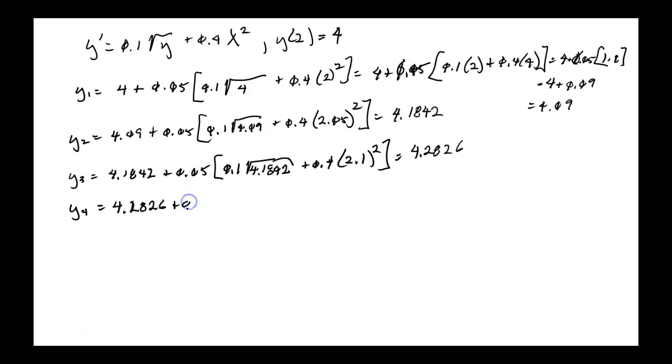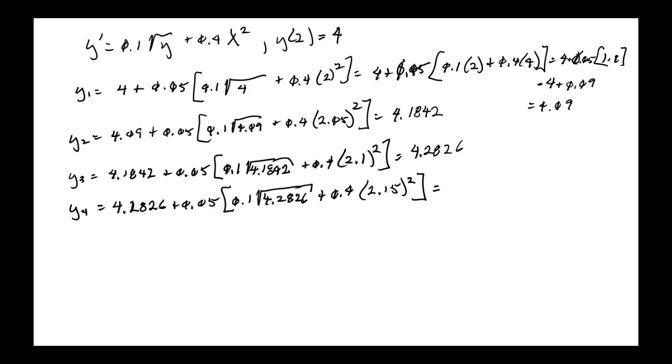4.2826 plus 0.05 times 0.1 times the square root of 4.2826 plus 0.4 times 2.15, you step that up by 0.05 squared, close parentheses, and equal. Now this one is at the point 2.2, okay? Because you stepped it one up from 2.15, and